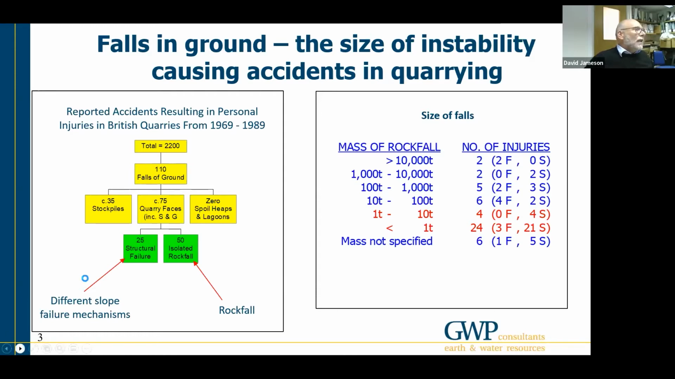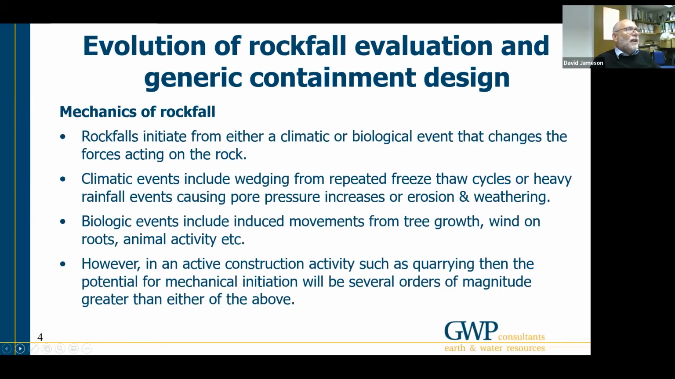So let's just have a quick look at the evolution of evaluation systems for generic containment design. So if you just think about the mechanics of rockfall, it usually initiates either from a climatic or a biological event that changes the forces acting on the rock face. So climatic effects might include wedging out of blocks, small blocks on the face from repeated freezing or thaw cycles, or heavy rainfall events which cause increases in pore pressures behind the blocks, and weathering and degradation of the slope itself. Biological events,